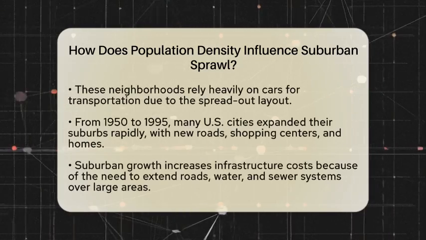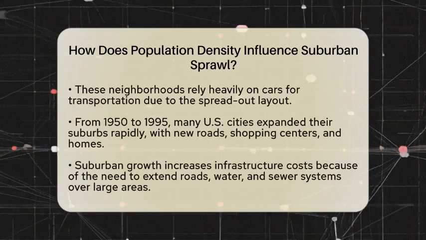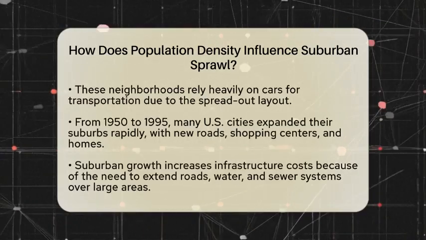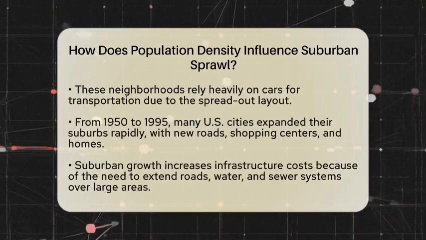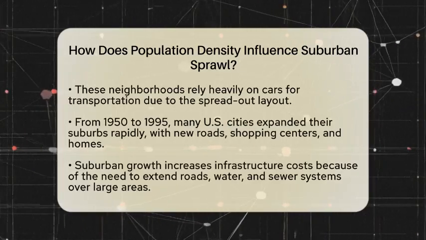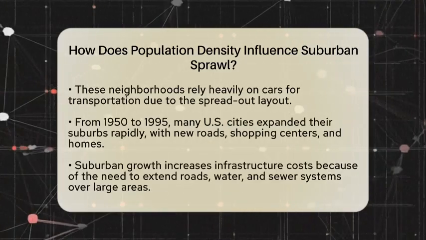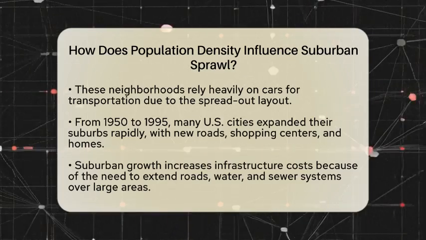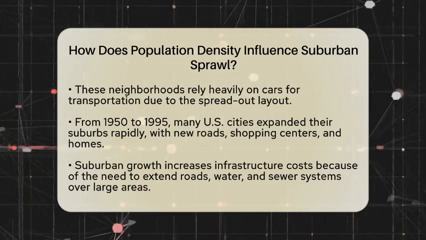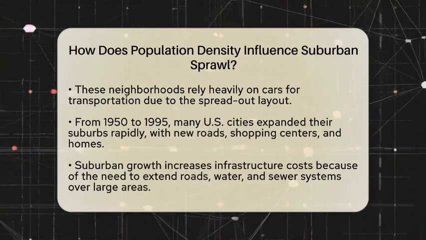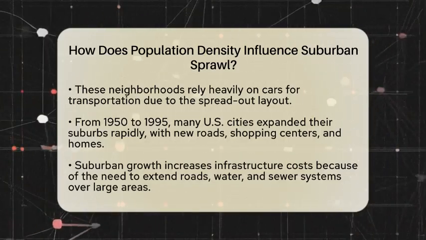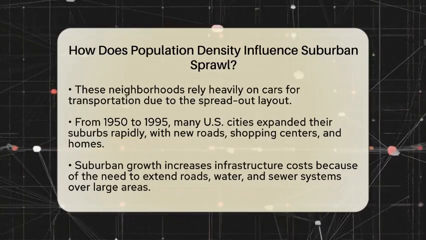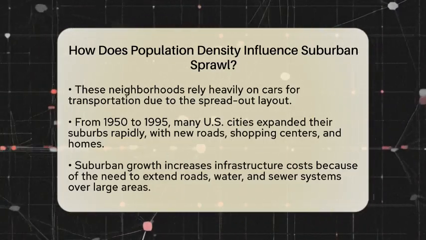Because there's more land per person, neighborhoods spread out over hundreds of square miles, consuming a lot of land that was once undeveloped. This pattern became common in the United States during the second half of the 20th century. Between the years 1950 and 1995, many big cities saw their populations grow, but the land they occupied grew even faster. Places like Chicago and South Florida expanded their suburbs rapidly, with new roads, shopping centers, and homes popping up